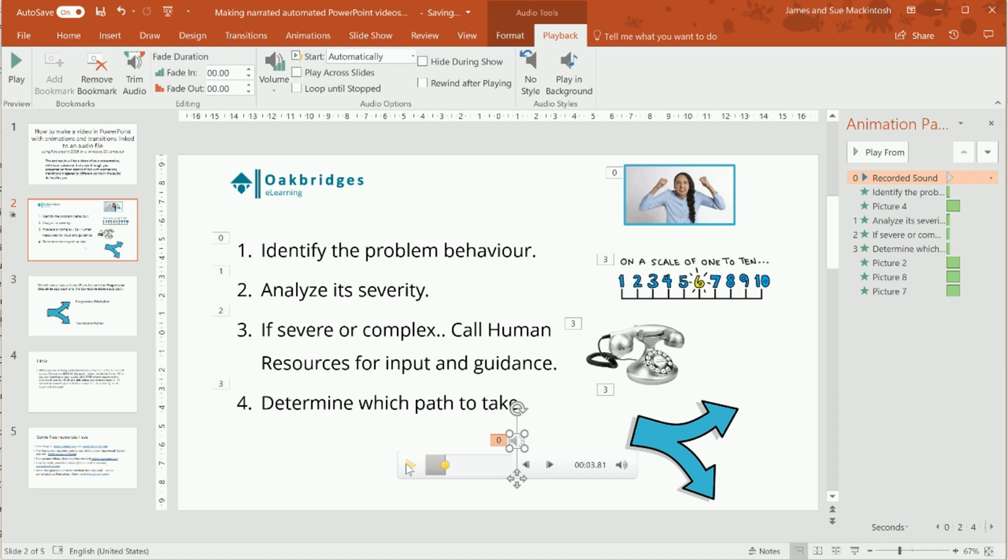Now I want the next animation to happen after I read point 2. Point 2, analyze its severity. So I click on pause and I add a bookmark there as well. And I do the same thing for the third. Point 3, if severe or complex, call human resources for input and guidance. Click on pause, click on add bookmark, and